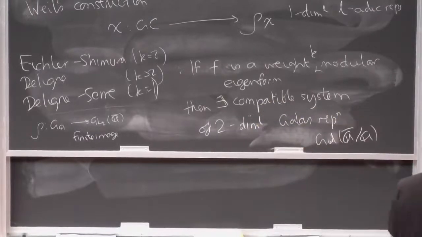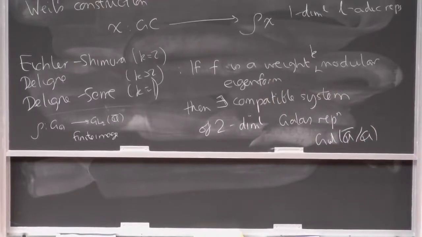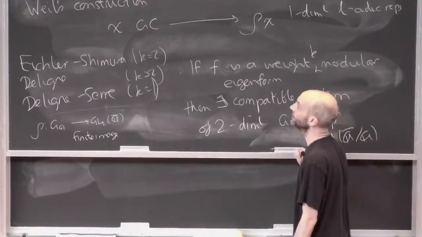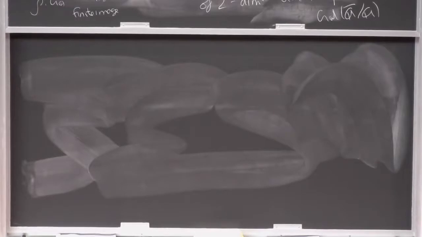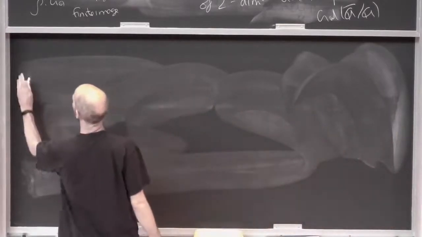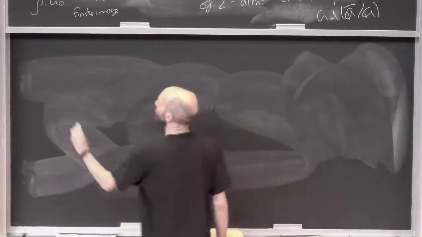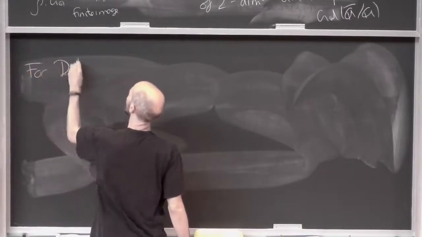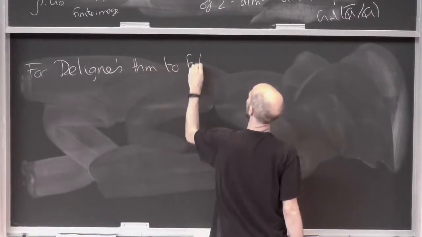So what do we conclude? As I say, Deligne introduced in some sense the key ideas, because he said, we're going to prove this using cohomology of Shimura varieties. Right? And that's exactly what he did. He used étale cohomology of modular curves. And what we can conclude from this is that it looks like a modular form should be an automorphic representation for GL2 over Q, right? So if all this is supposed to be some kind of coherent picture, then for Deligne's theorem to fit into this coherent picture,